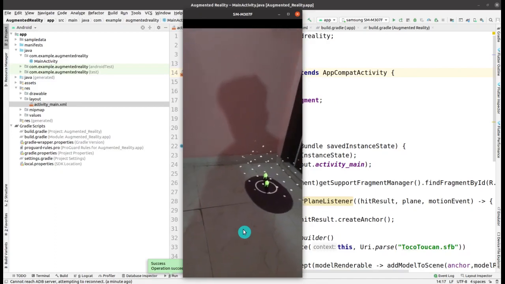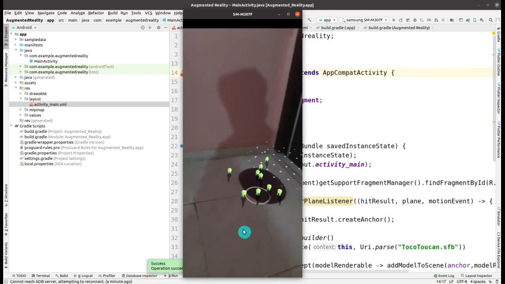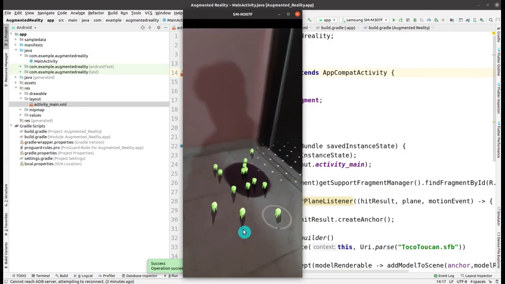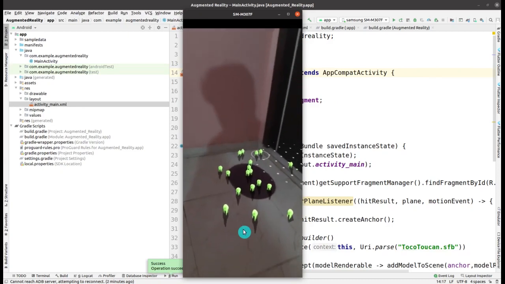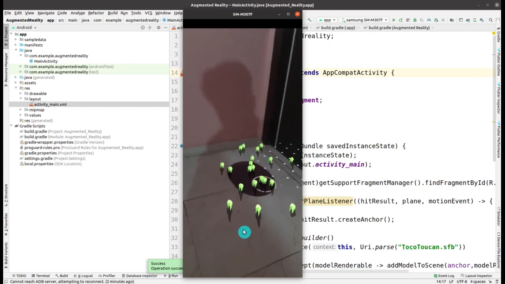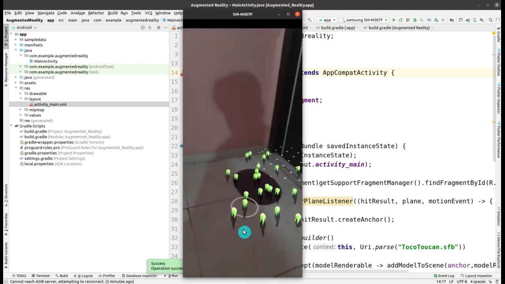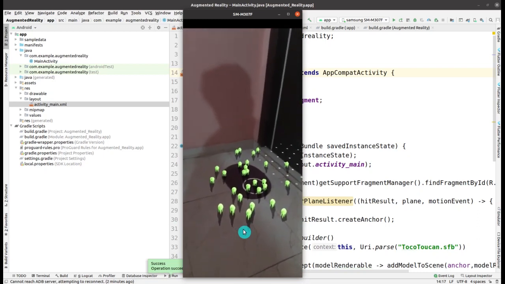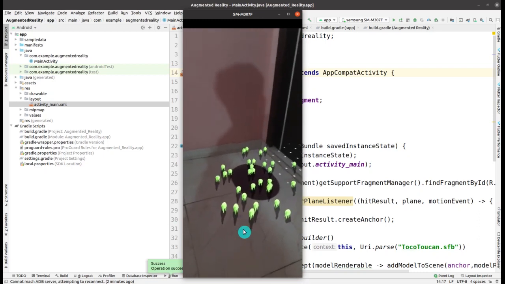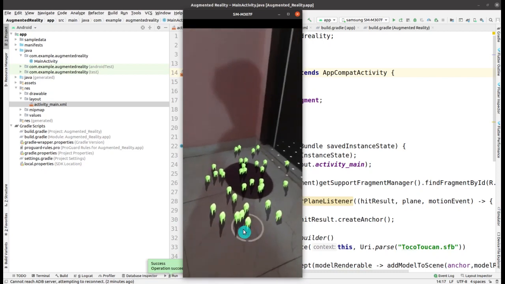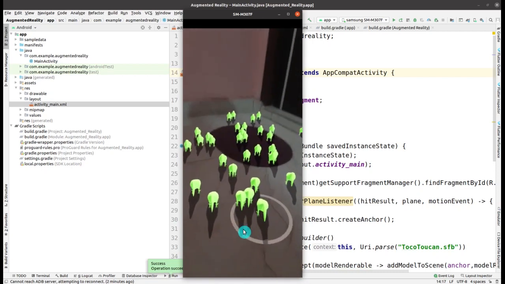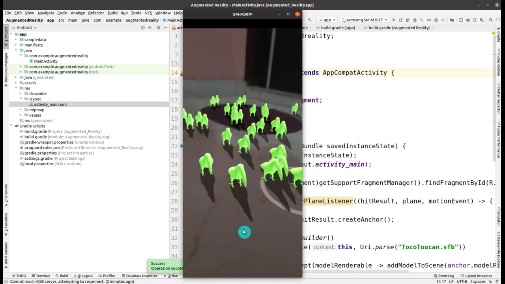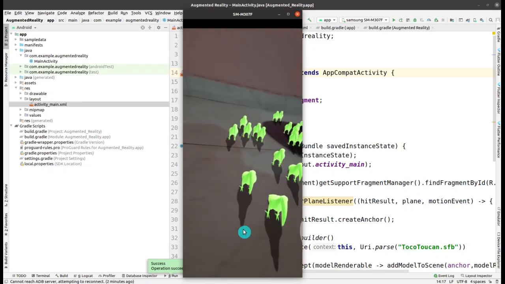This is the demo of an augmented reality application that I have developed in Android Studio with the use of the Java language. So you can see the little puppies or the little animals on the floor, and you will be able to see the circle around a particular animal. If you want to induce more animals, then you can click and get that one.